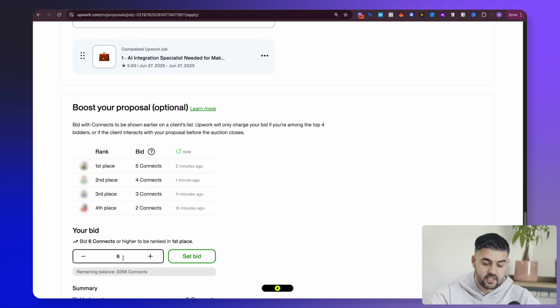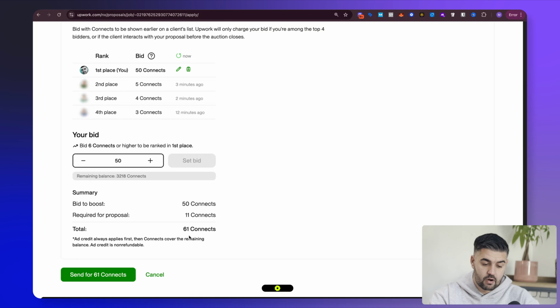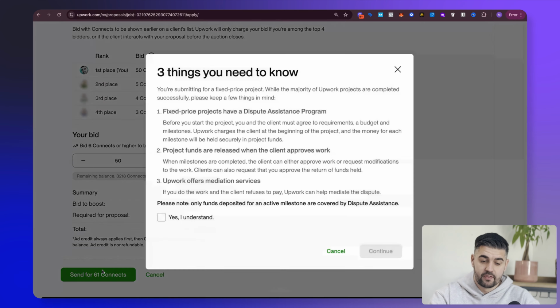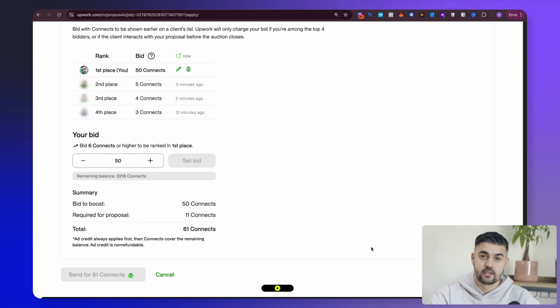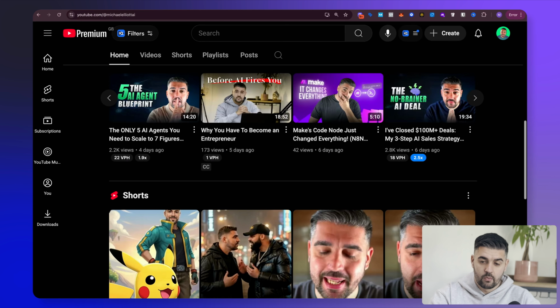The current bid is at 5, but I'm going to bid at 50 because I don't want to come back and have to change my bid later for that project in that position. I'm going to go high. I don't advise that you necessarily go that high. I think it's important that you maintain within the realms of what is actually affordable for you, but also you've got to understand that people will start to come in here and bid for these projects. And if, in the next 10 minutes, loads of people come in and bid, you would lose your position in that race.